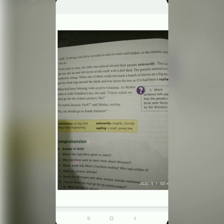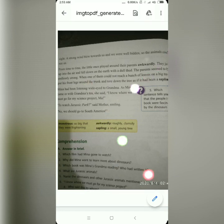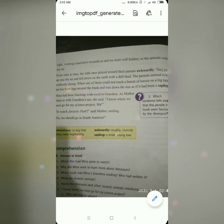Yes. So this is the end of the story and I hope you understand. You all must read the chapter again and again. While explaining the chapter, I was reading it aloud in a very slow manner so that you can identify the pronunciations and the reading of the lesson. So by listening to or watching the video, you try to read the lesson